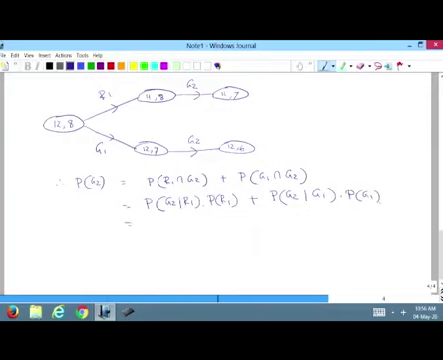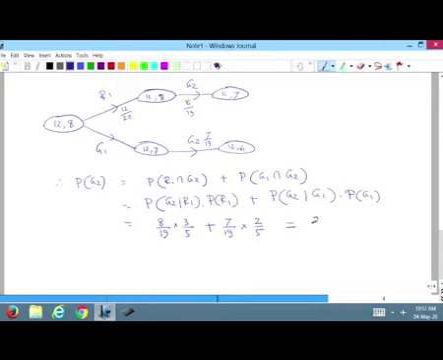That is 8 upon 19 multiplied by 12 upon 20, which is 3 upon 5, plus 7 upon 19 multiplied by 8 upon 20, which is 2 upon 5,